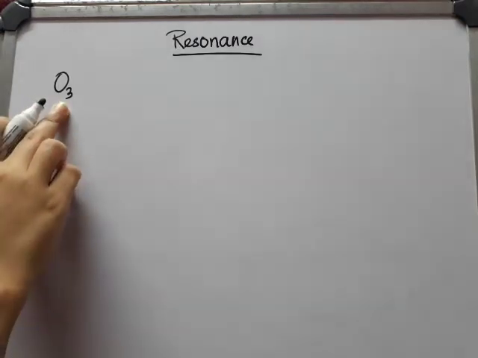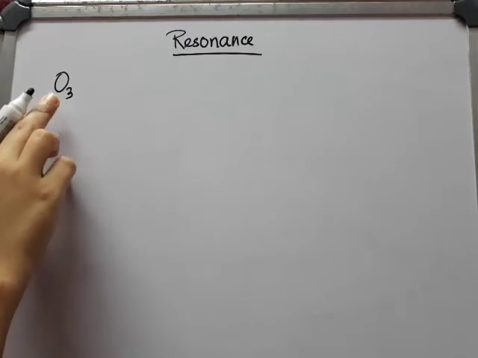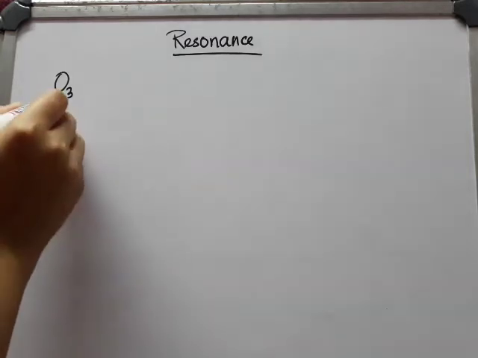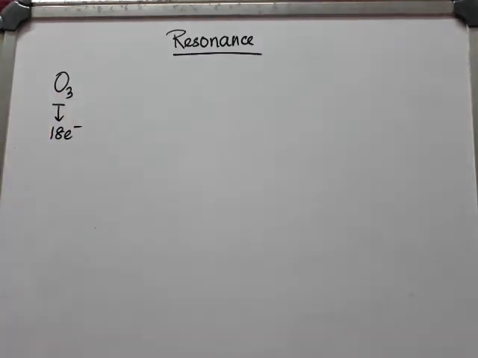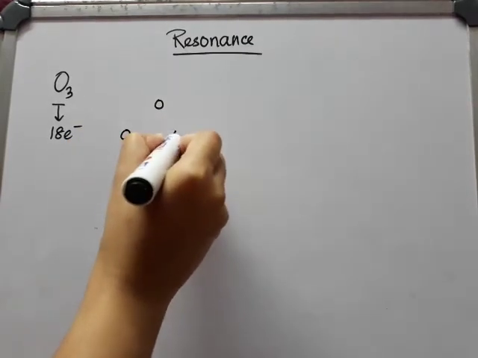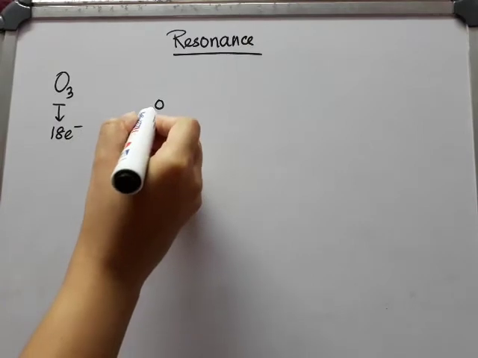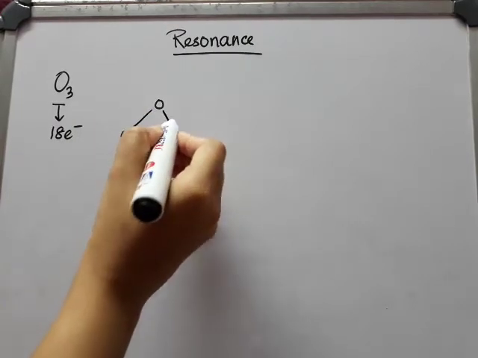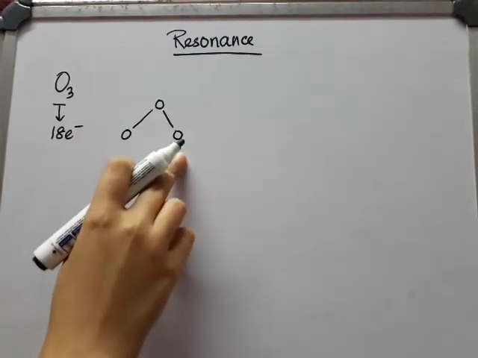So here are 3 oxygen atoms in the ozone molecule and each of them has 6 electrons in its valence shell. So a total of 18 electrons we are having. Okay, so now I am drawing the skeletal structure. 3 oxygen atoms are there and at first I am giving single bonds between them. Okay, so we need to fill up their octets also.